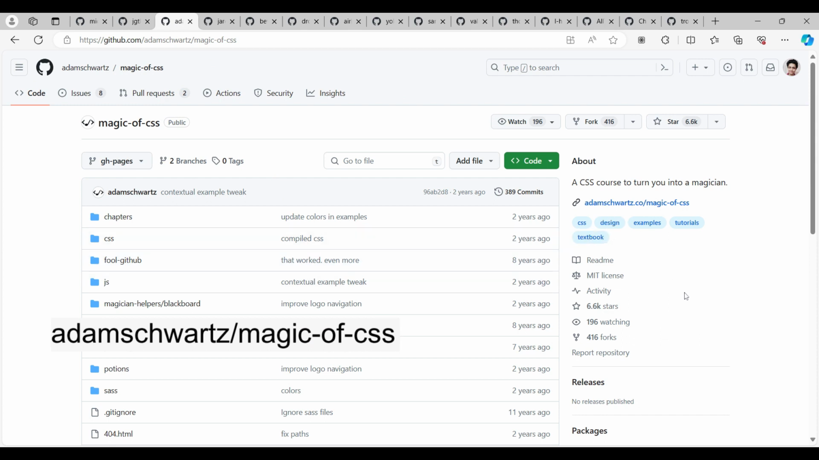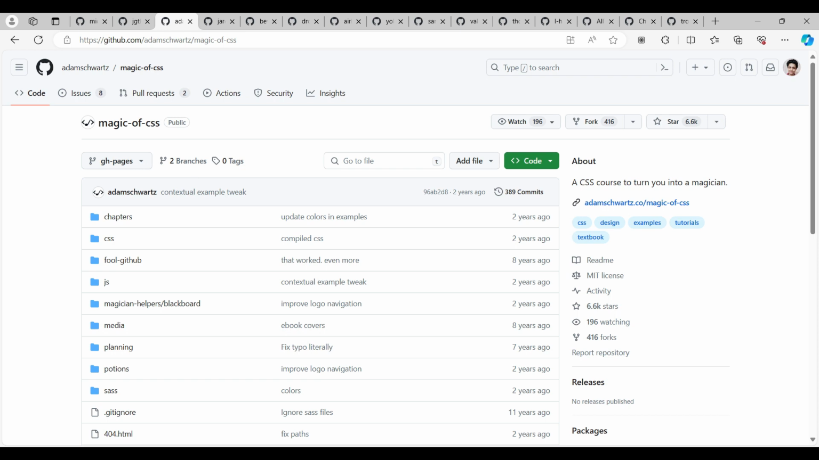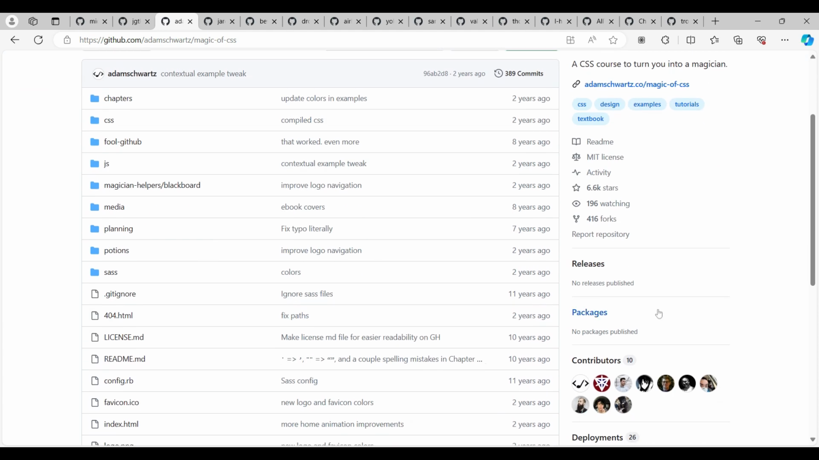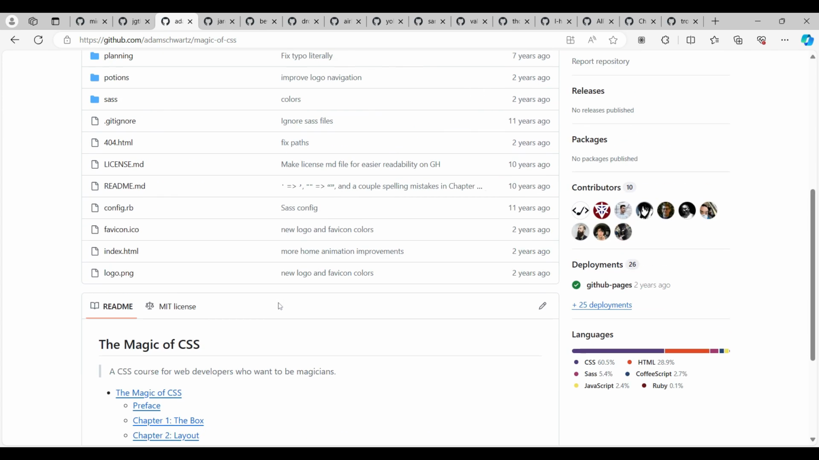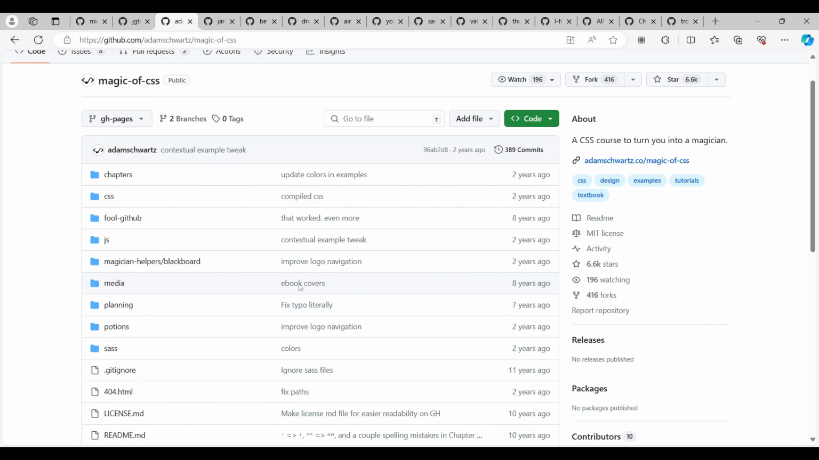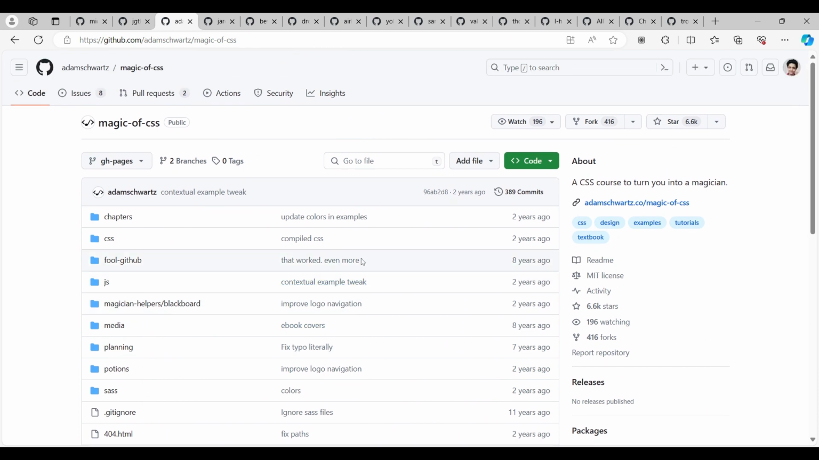Magic of CSS, a CSS course to turn you into a magician. So a complete course related to CSS that will turn you into a magician, and it is famous also. 6.6k stars. So these are the things they have listed, a course, and these are the chapters. The first, the box, then layout, then tables, color, typography, transitions, all those things. Just explore a bit and spend some time and learn these topics that will help you out in building your CSS skills. Okay, so these are the things. Moving forward,